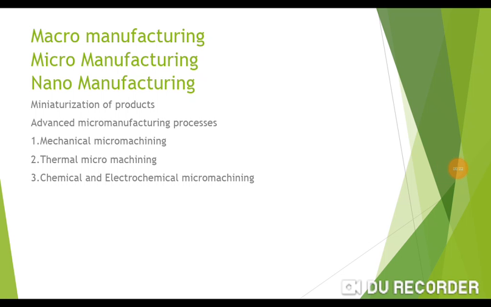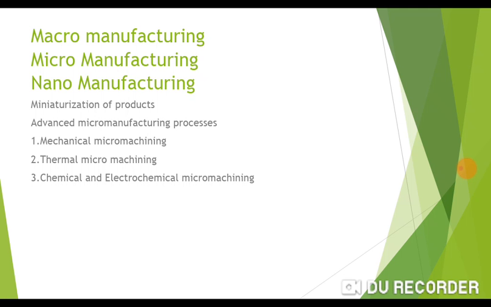Out of these three micro machining processes, we are talking about mechanical micro machining. In mechanical micro machining, there is one operation called diamond turning. This diamond turning micro machining is used for manufacturing complex shaped components with higher dimensional and profile accuracy and surface finish. By using diamond micro machining, we can manufacture components having a feature size less than 100 micrometer to achieve sub-micron or nanometric surface finish and tolerance.